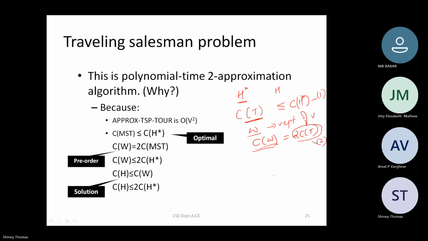Got it? Now, looking at equation 1 and equation 2, how can you conclude that? Conclude the cost of the total walk. Yeah, the cost of the total walk should be less than or equal to twice the cost of the